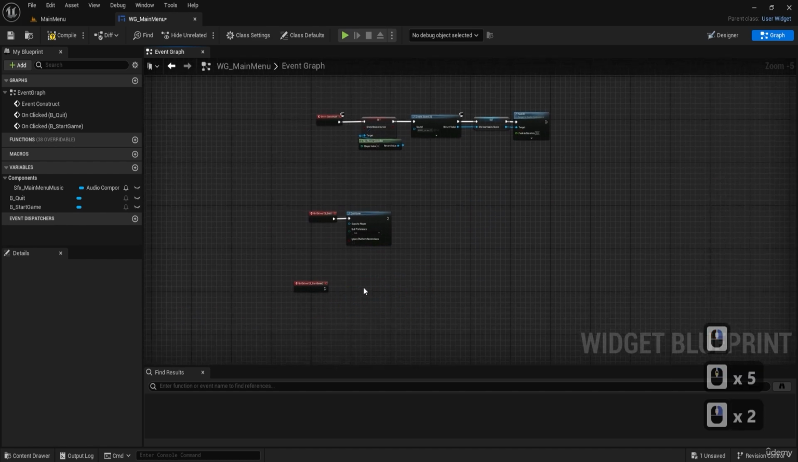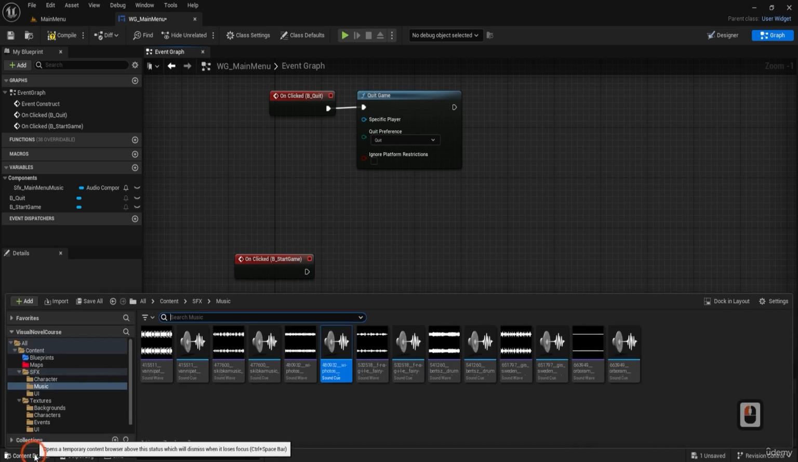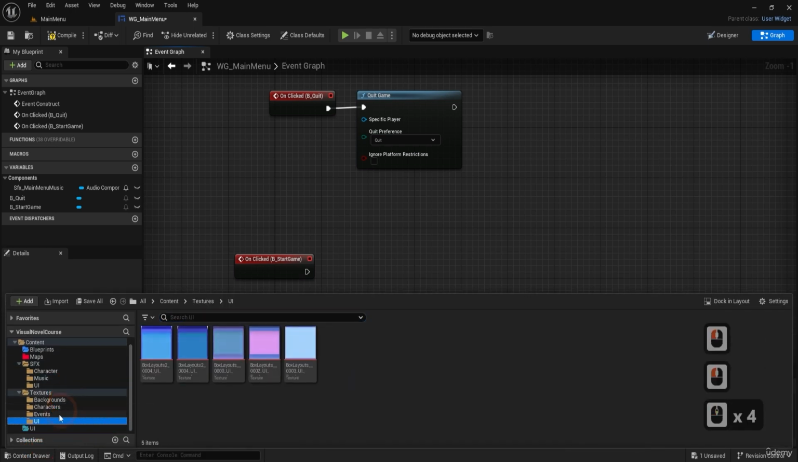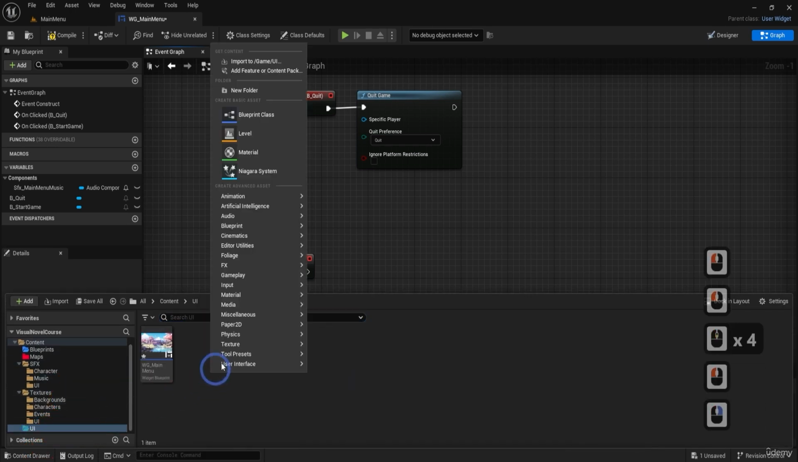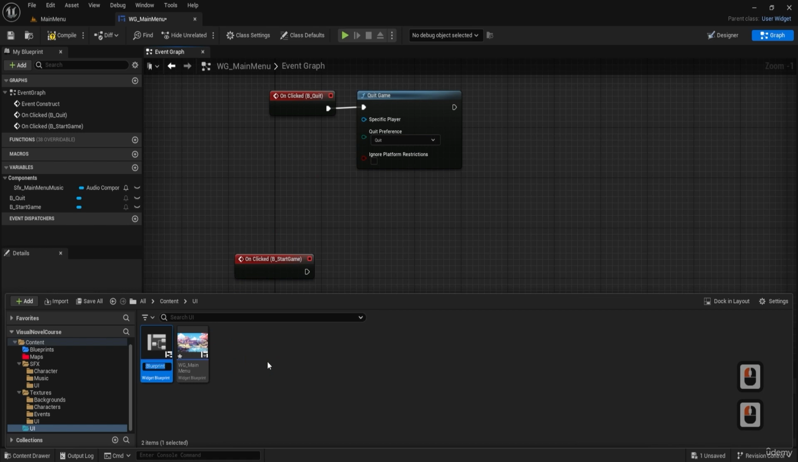Now, when we press start game, we don't want just to open the game level. We want to show a transition. So we're going to create a loading screen. I'm going to go to UIs. I'm going to right click. I'm going to go to user interface, widget blueprints, create user widget, and call it WG loading,